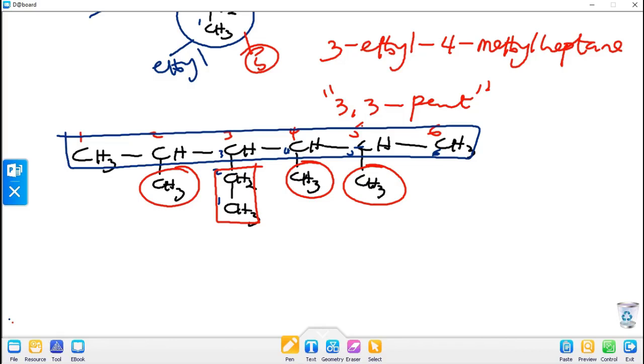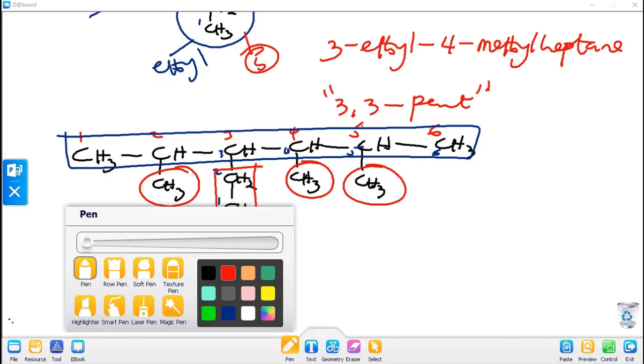Our counting now will be based on, should we go from the right-hand side or should we take our numbering from the left-hand side? According to the rule, we should do our numbering from the side that will give the larger side chain the lowest possible number. So let's see. If we are to come from the left-hand side, if we choose to come from the left-hand side,